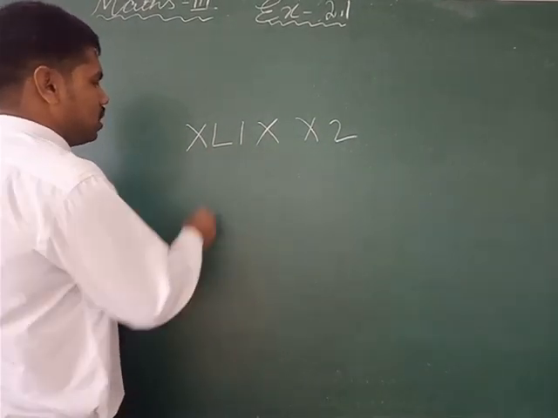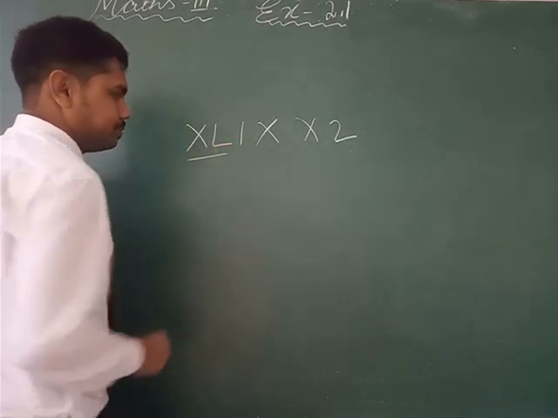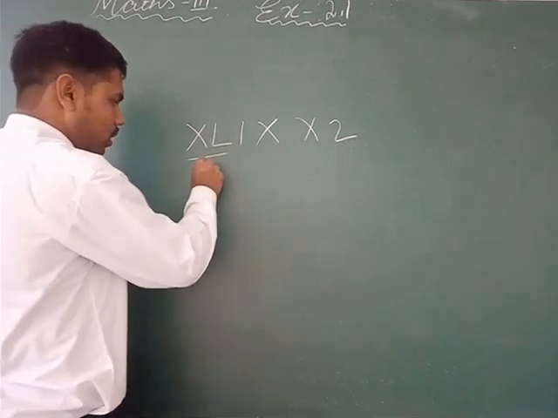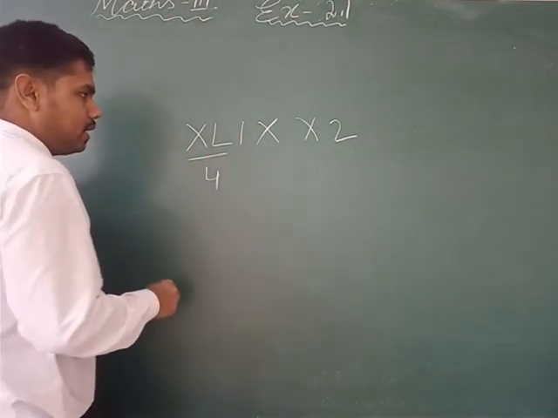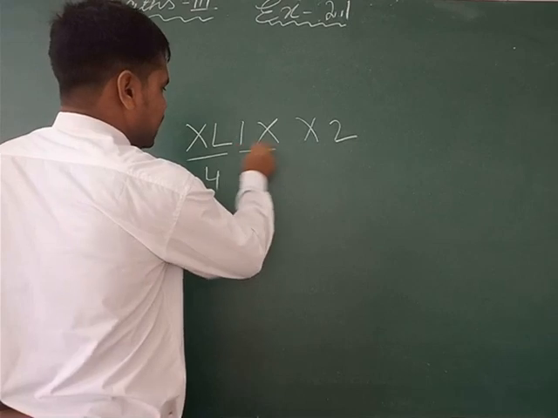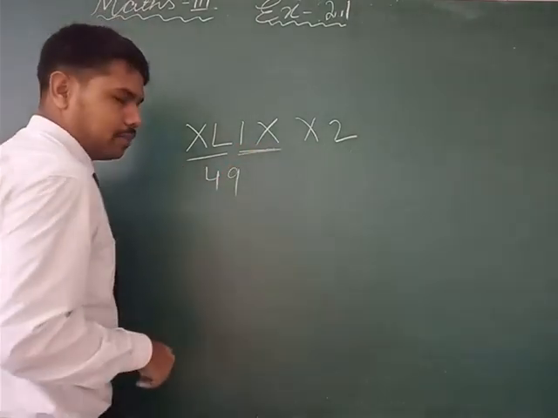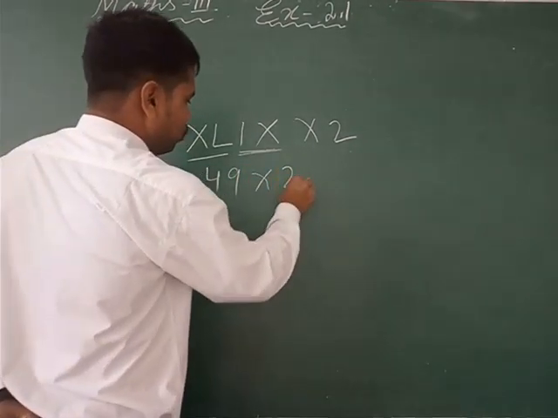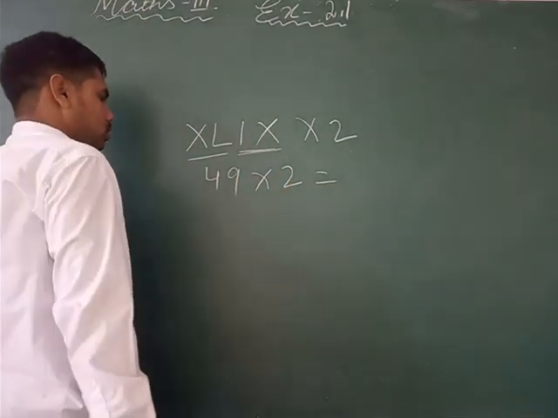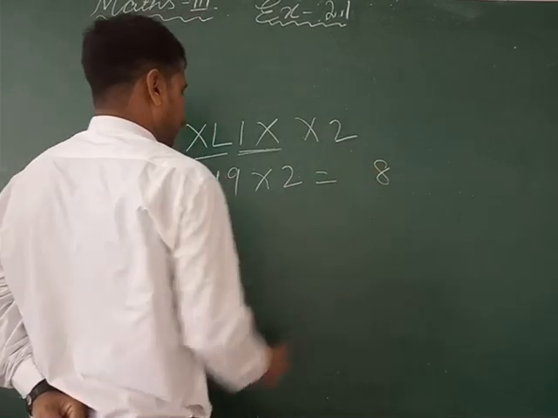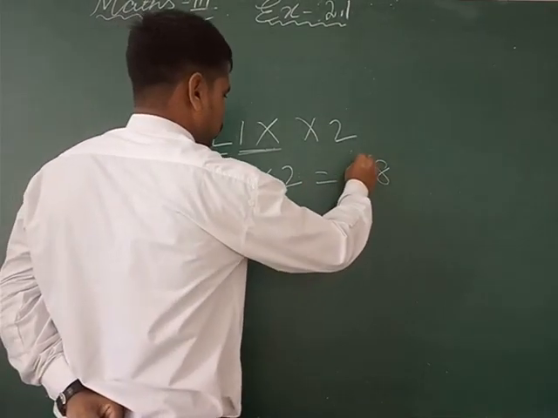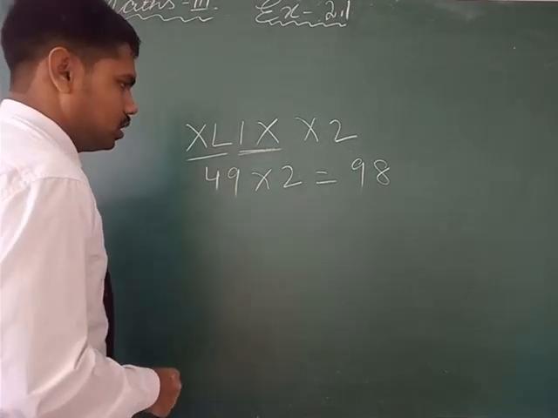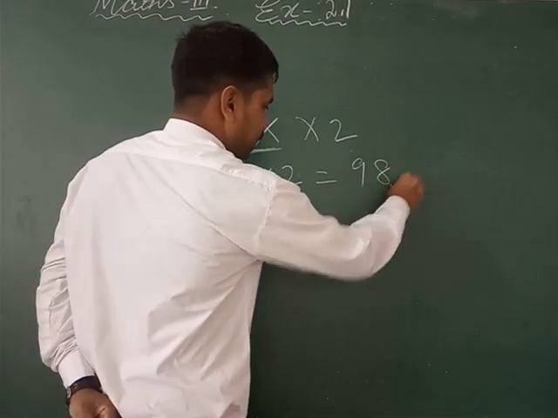So first let's see this number means how much. So XL means how much? L means 50. So 50 minus X, 10 means 40. Okay. And this is IX means 9. So 49 is the number. That means in a particular class this much, 49 students are there. That multiplied by 2 is equal to how much? 9 twos are 18, 8, 1 carry, 4 twos are 8, 9. So 98, right? 98 total students are there in that particular school.